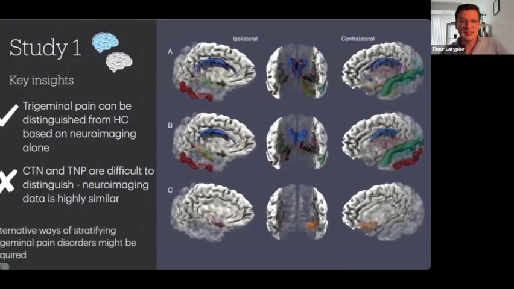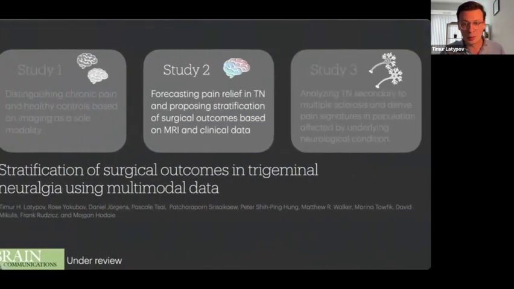So these findings essentially suggested the feasibility of using neuroimaging alone to distinguish pain from healthy controls, but it also begged the question about constant and episodic pain syndromes, suggesting that just these clinical measures might not be sufficient to draw this line between different types of pain. This essentially opened the bigger question regarding the pain clinical expression and what that actually means. And this is something we investigated in our second work, focusing on variation of symptoms within trigeminal neuralgia.